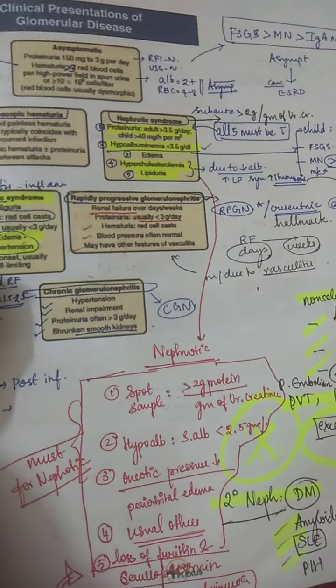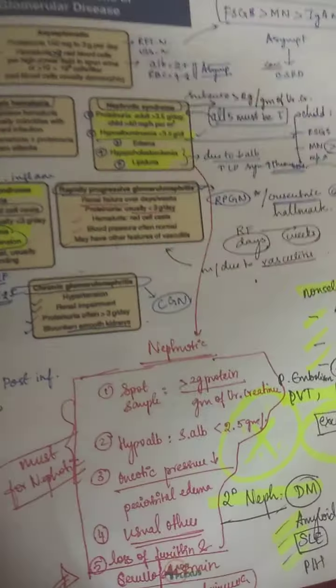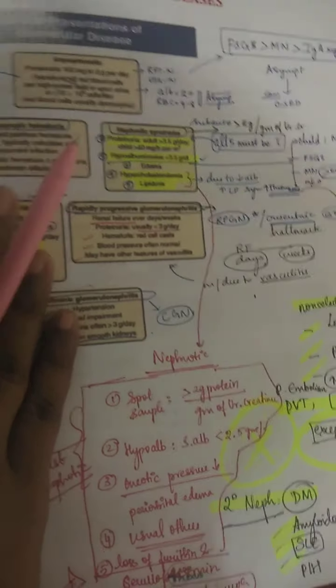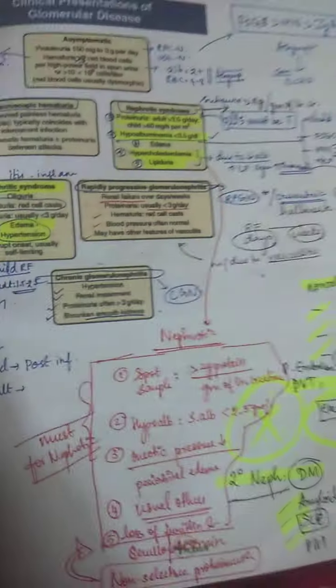Now, nephrotic syndrome, as we know, you'll have proteinuria which is more than 3.5 gram per day, and albumin, normally albumin is less than 30 milligrams per day, but here serum albumin will be less than 3.5 gram per dl. You'll have edema, hypercholesterolemia, lipiduria. Apart from that,